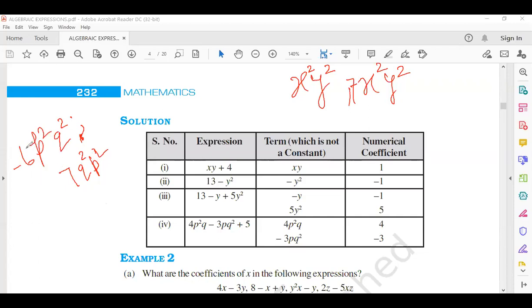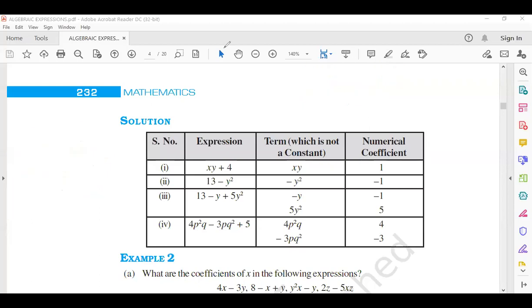Okay, that means there is no meaning of these numbers. Only we have to see the variables. Yes or no? If the variables and their powers are the same, then we can say that the terms are like. Okay, now I will call the names of the students, then I will ask. Nobody will tell me in random form. I will tell you the name. Wait.